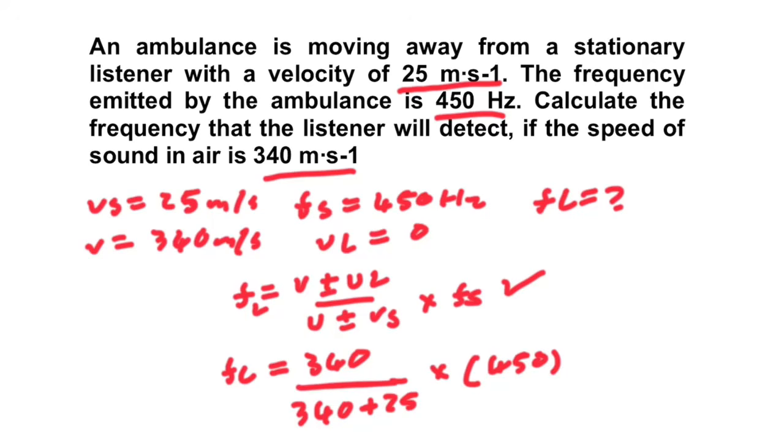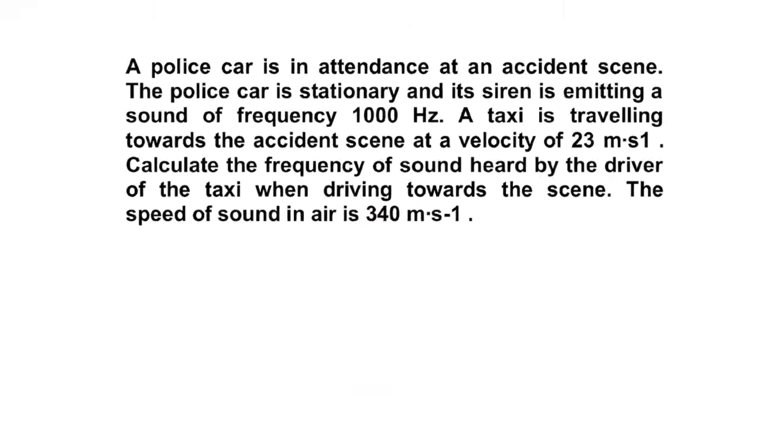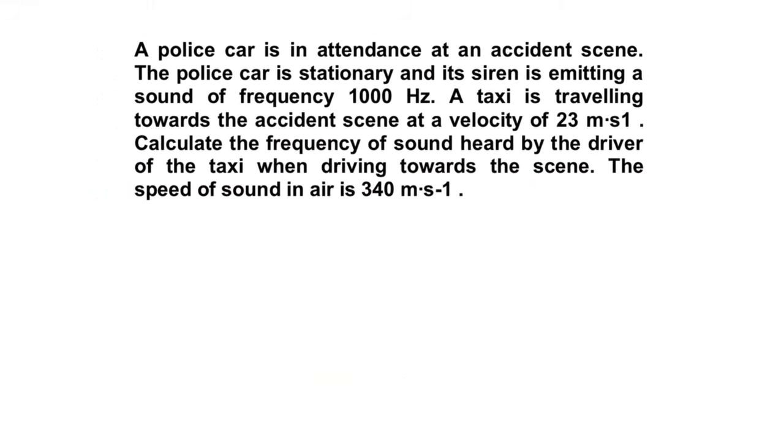So let's go ahead and take a look. What is the frequency observed? The frequency observed is 419.18 Hertz, which makes sense because our sound source is moving away. So you would expect the observed frequency to be less than that which is emitted. Right. In those examples that we talked about, you can see that we have a sound source that is moving